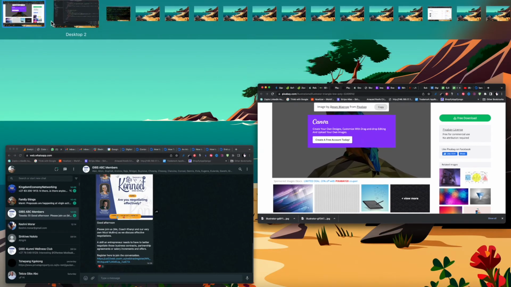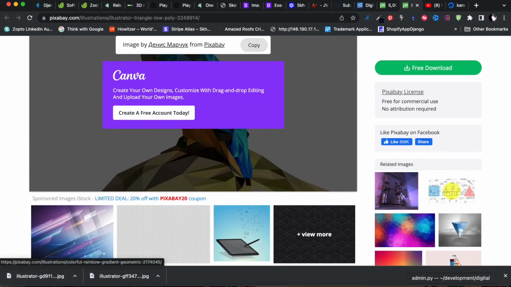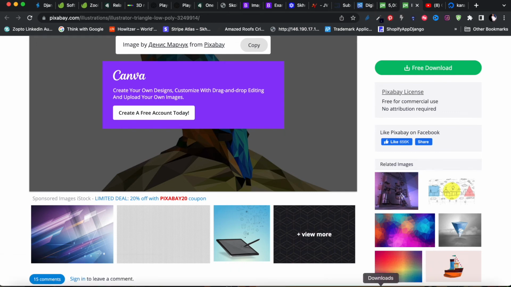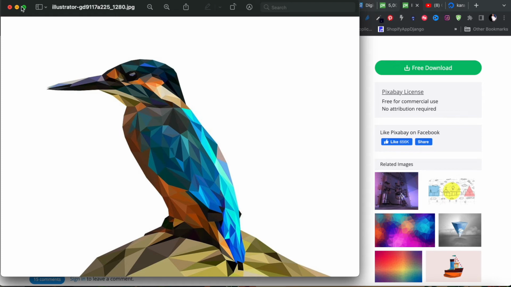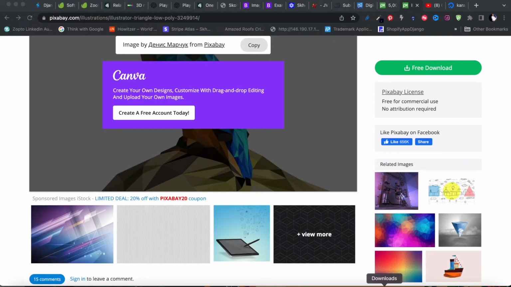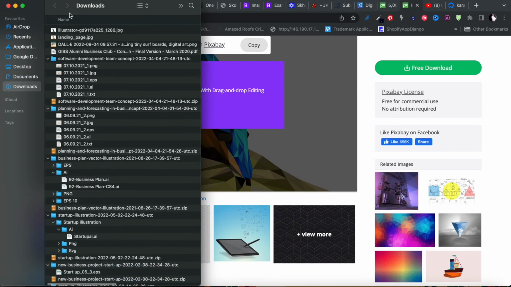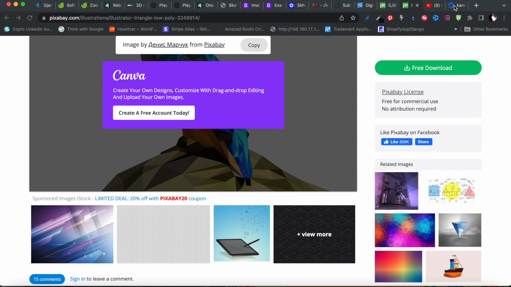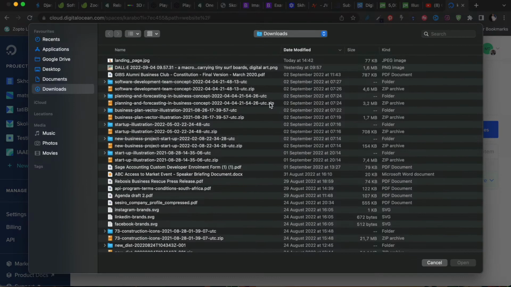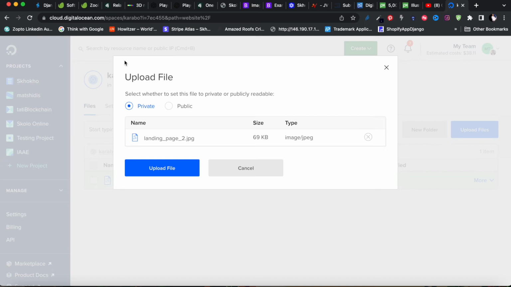Right, so we'll do the exact same thing we did before. We don't need to open the whole image. We need to open the download folder, so we can rename this image landing page 2. This is a JPG, both of them. Okay, so that's fine. Then we go to our thing and we upload it as well, landing page 2,